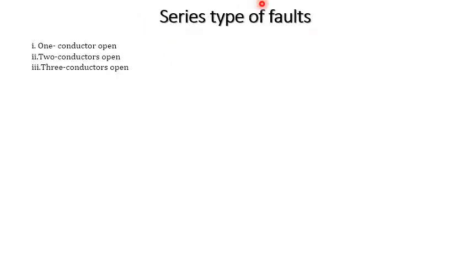Next topic is series type of fault. So far we have discussed the various types of shunt fault occurring in a power system. There is another category of unsymmetrical fault, called the open conductor fault. One or two conductors of a transmission line may get opened due to mechanical damage in the lines or by malfunctioning of the fuses or other protecting devices. These faults are in series with the transmission line and hence are called series type of fault.